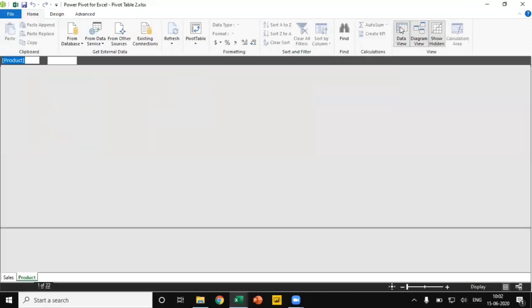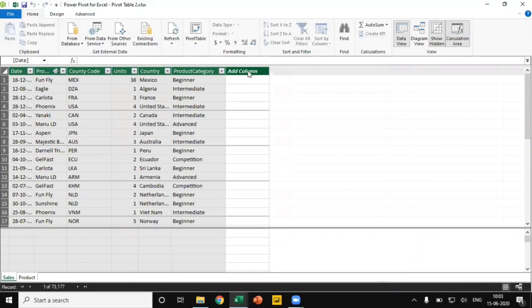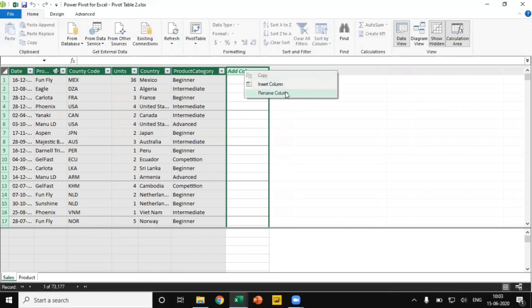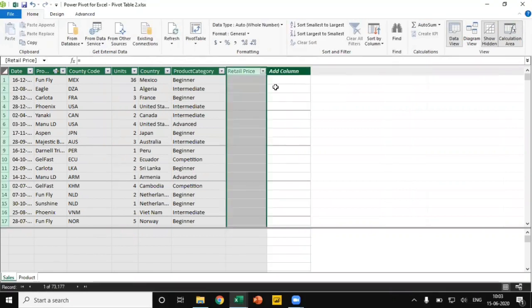I'll go to the data view, go to the sales table. Now let me create a new column. I'll just right click and rename the column as retail price. When you are using a relationship in Excel, we can use the RELATED function to get other table information in one particular column.